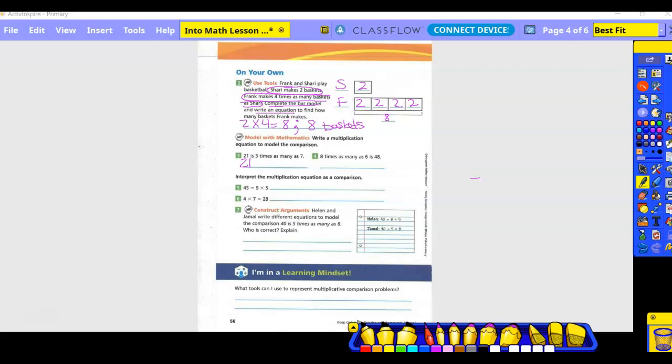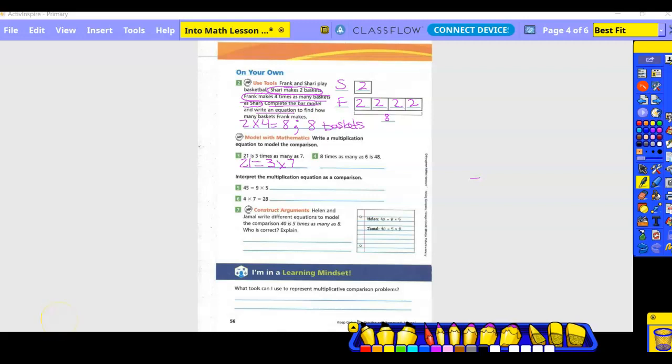What symbol is it going to be? The equal sign, and then it means 3 times. What symbol is that? The multiplication, and then